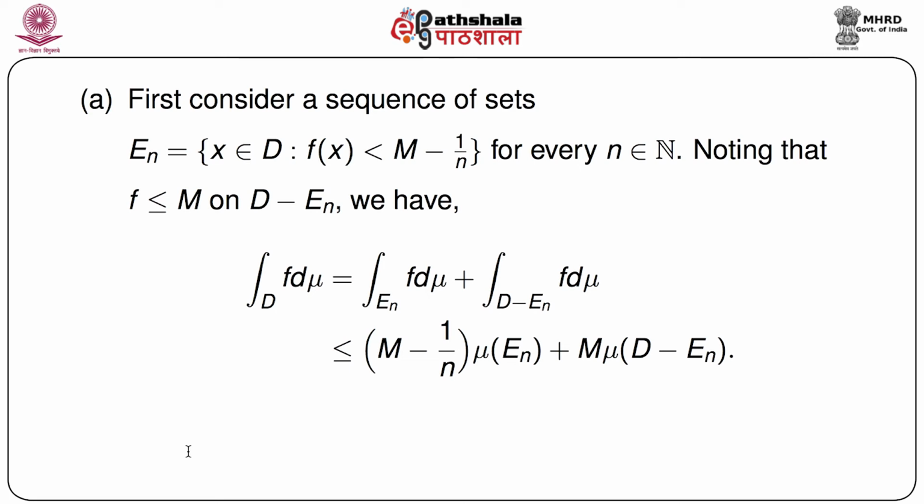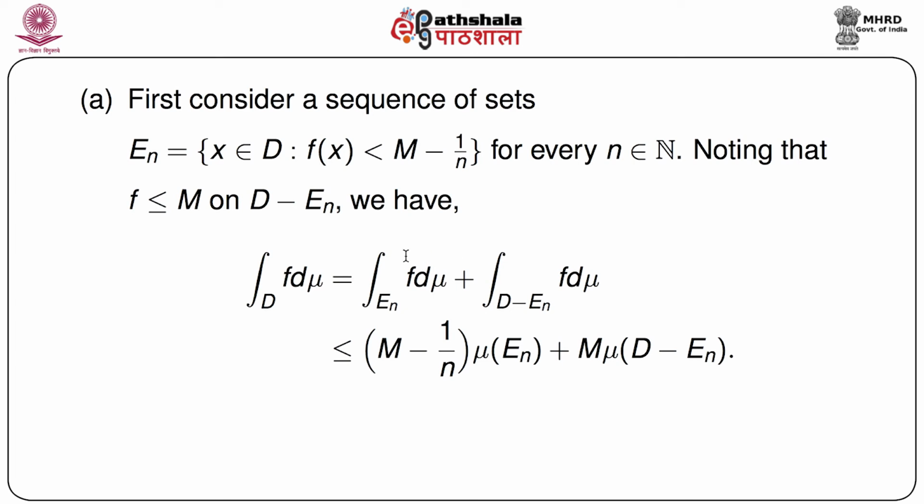First, consider exactly the same setup as in the preceding problem. Consider a sequence of sets E_n, equal to {x belongs to D such that f(x) < M - 1/n}, for every n belonging to the set of natural numbers. Then, noting the fact that f ≤ M on D minus E_n, it can be easily shown that